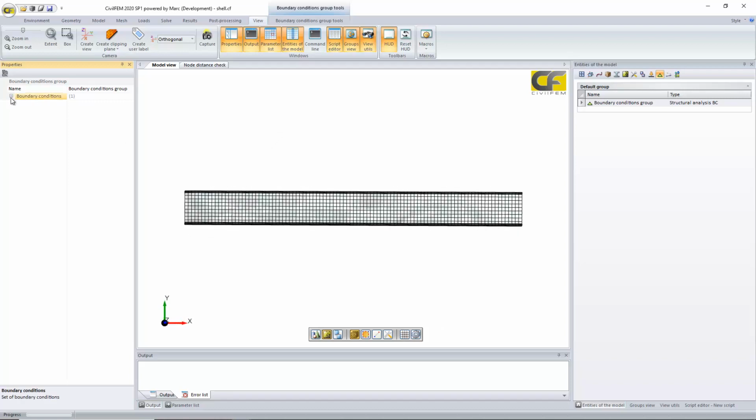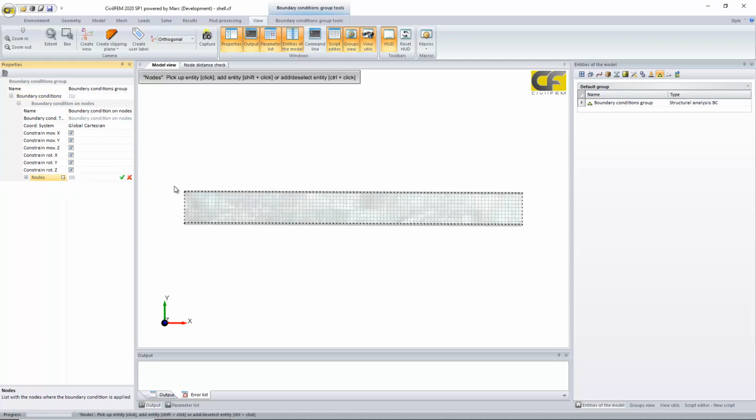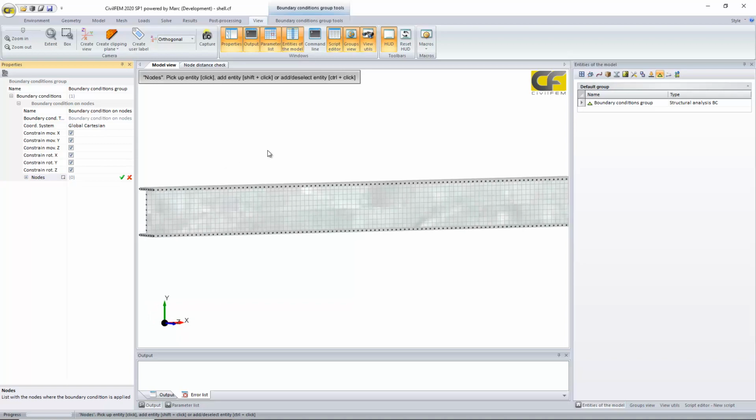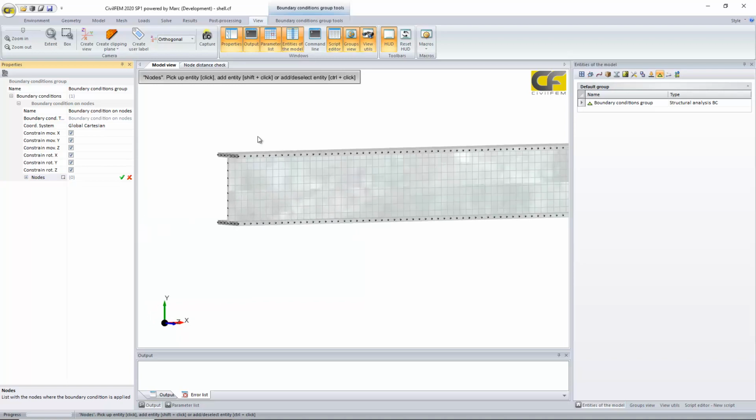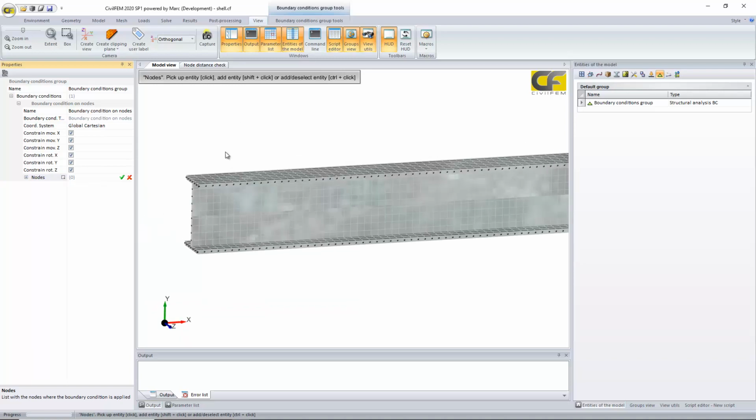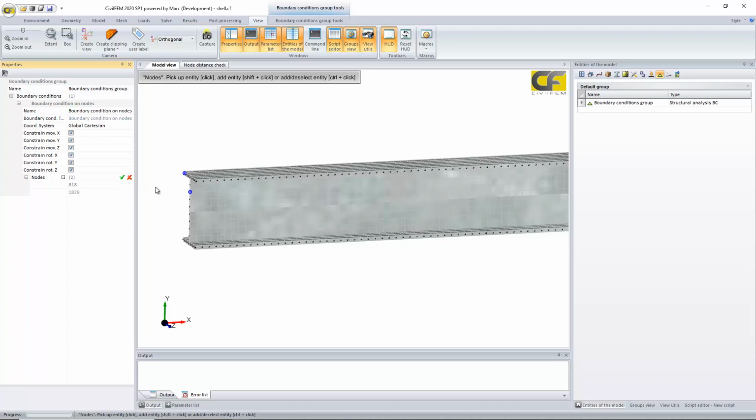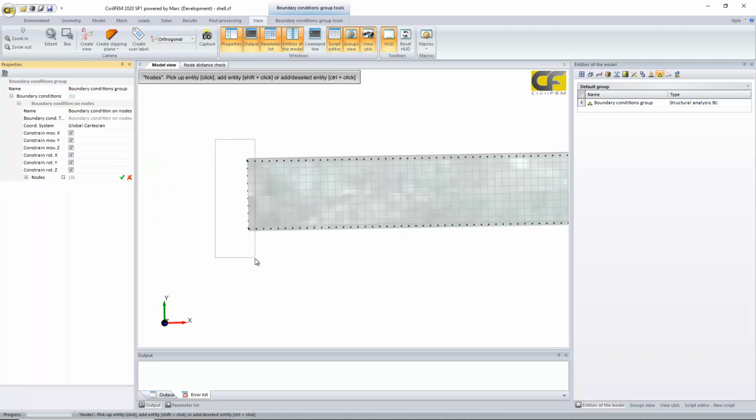In this case I had applied a boundary condition on nodes. I can select by picking, because I want to set a cantilever beam, one by one by clicking and pressing the control key, or I can set a box,